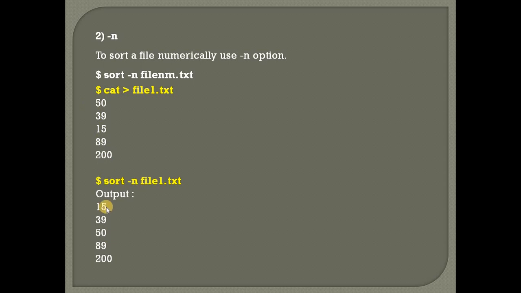This file will get sorted in this order, with the smallest number first and the largest number last. Before using the sort command on a file, you have to previously create a file by using the cat command, input the data in the file and then use the sort command on this particular file. I hope you have understood. So with -n we are going to sort the file numerically.